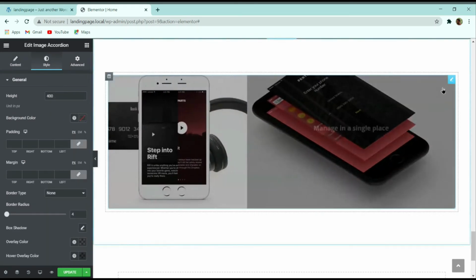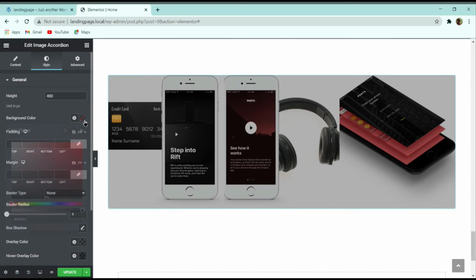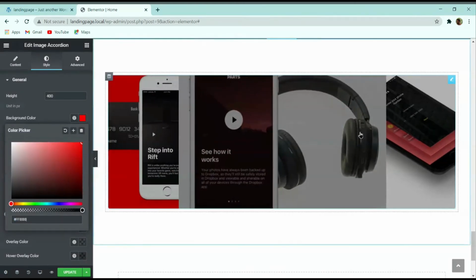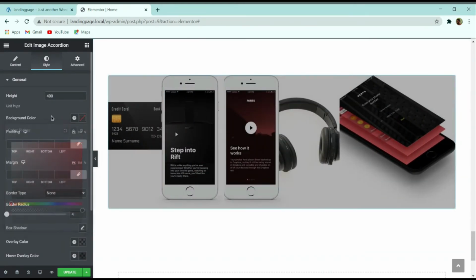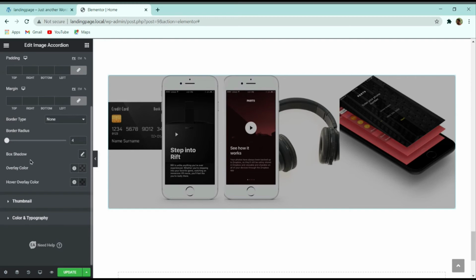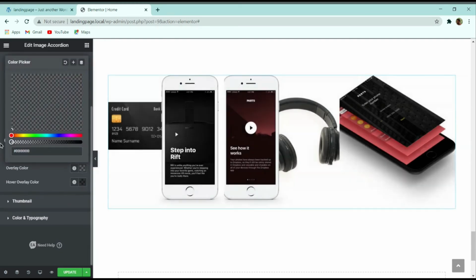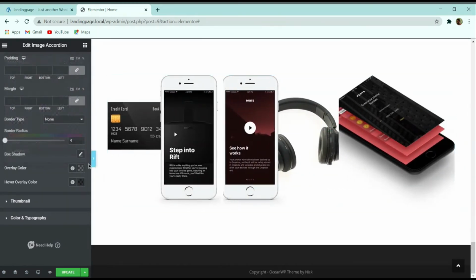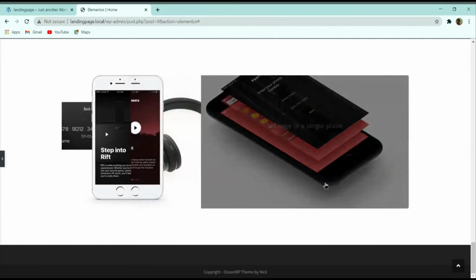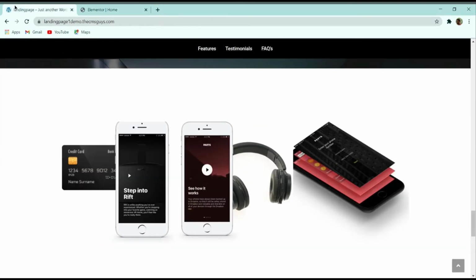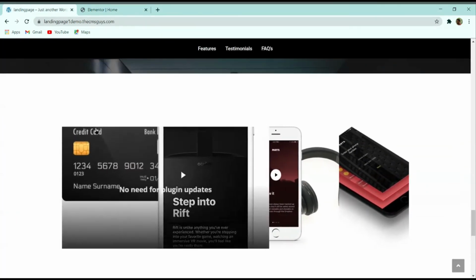Suppose if you want to change the background color, here you can see that it is changing for the one only. And here you can change this overlay color. Suppose if you don't want to keep this overlay, then in this way you can delete this overlay, and here you can see that this section is completely ready.